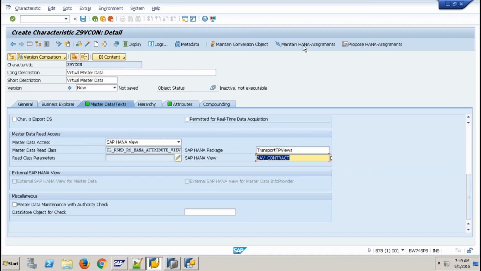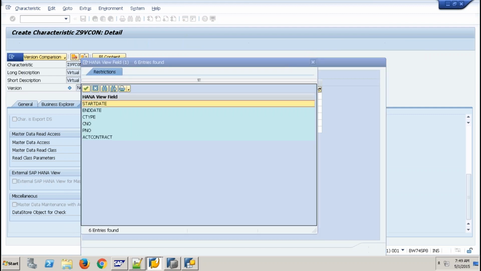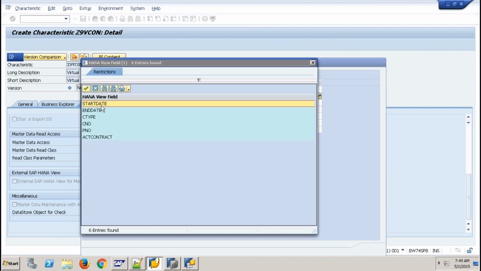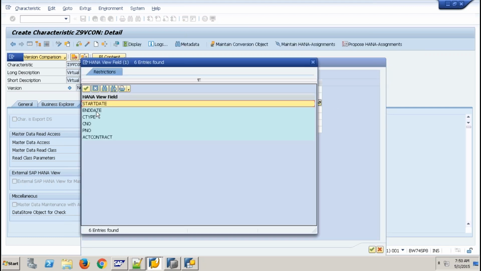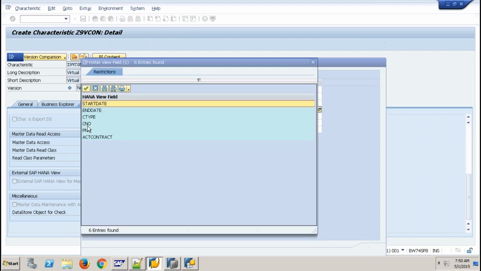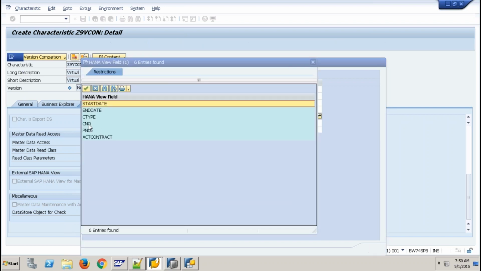Then we'll have to maintain the mappings, say which field and which object. So maintain HANA mappings. Now these are the info objects, and it proposes the corresponding fields of the view. Which field? AV contract for this. Start date. This for end date. Contract type. I want this to be mapped with customer.